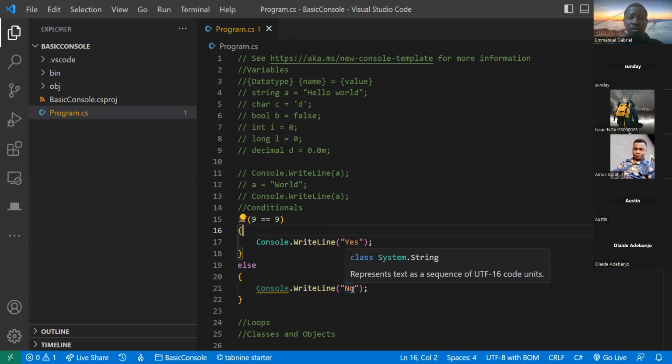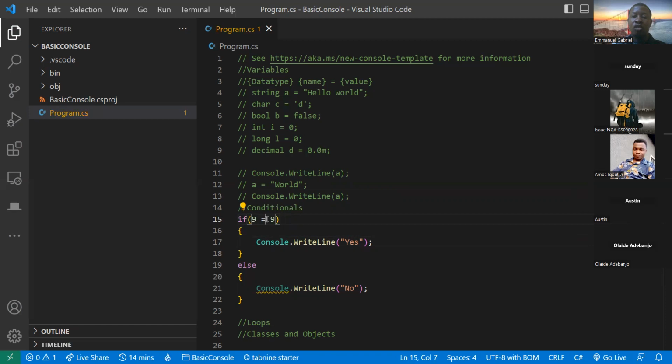It's something else. Let's just flow with me. Now, if 9 is equals to 9, and you are seeing that my equal sign is a double equal sign. So I didn't do a single equal sign. That would be wrong. Why is this wrong? Can someone explain why it's not just one equal sign, but two equal signs?